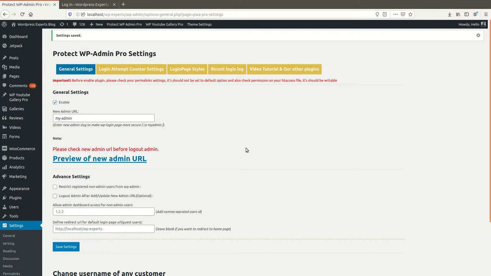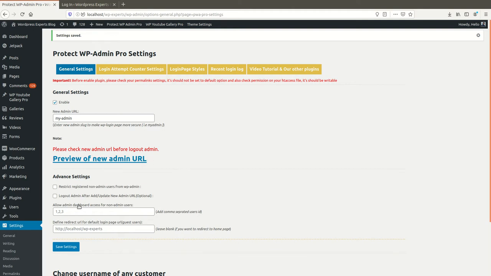So after installing the plugin, you must click on the preview of your new admin URL link, to make sure your new admin URL is working. You can check your new admin URL using the preview link.